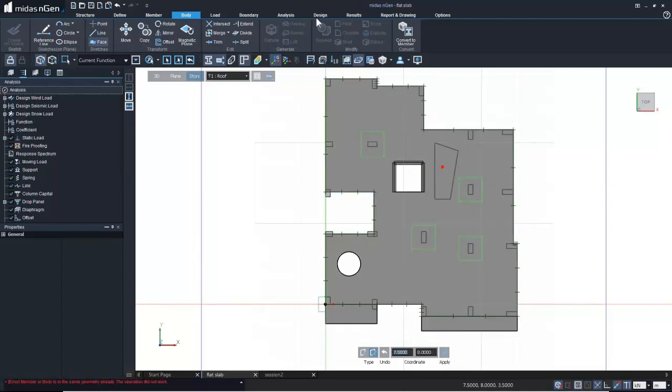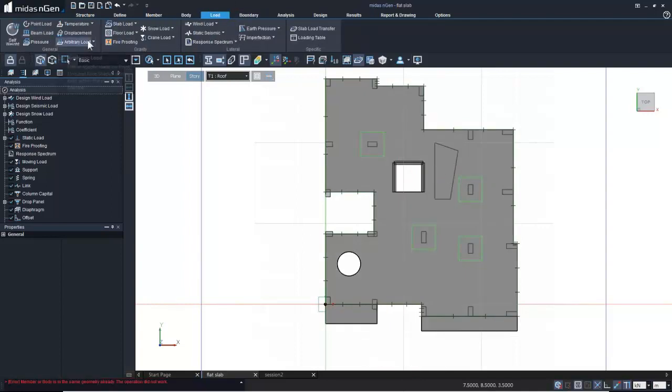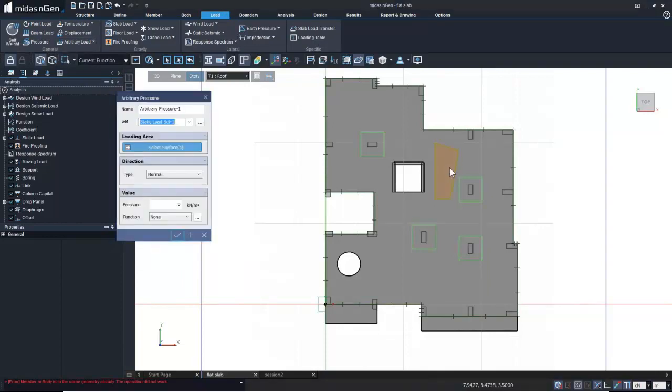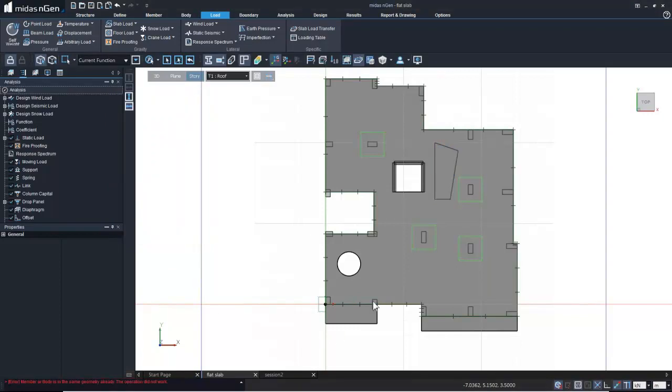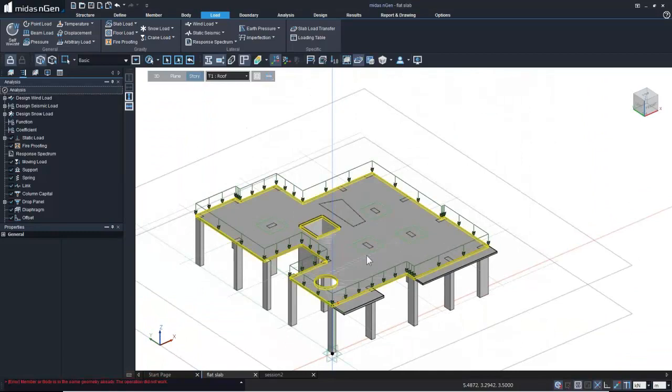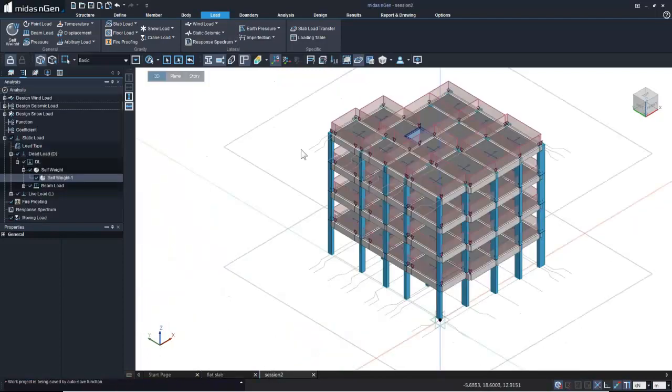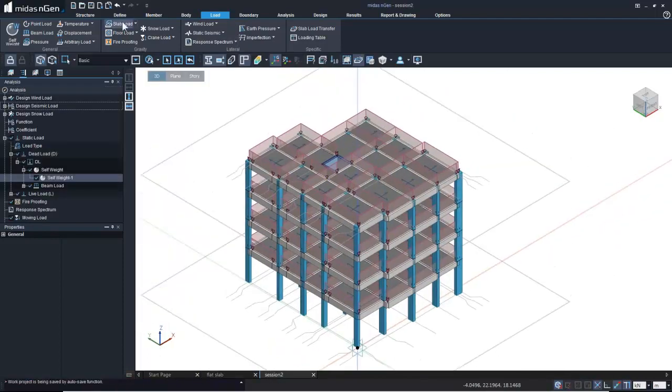Alright, and then I go to the loading, arbitrary load, pressure load. Alright, and I'll select this face, and on this face I can provide any loading that I wish to apply. So that's how you can apply additional loading on any area within your flat slab. Alright, let's get back to our normal model, and we'll apply the slab loading on our slabs which are encased